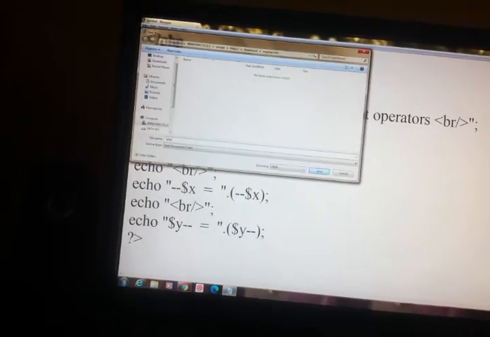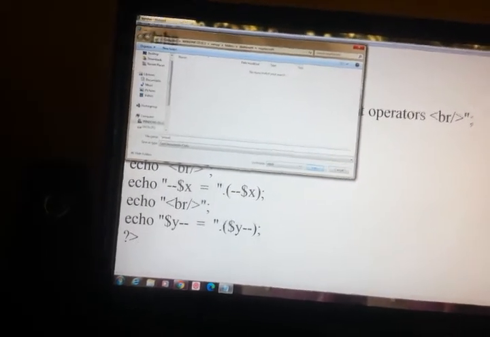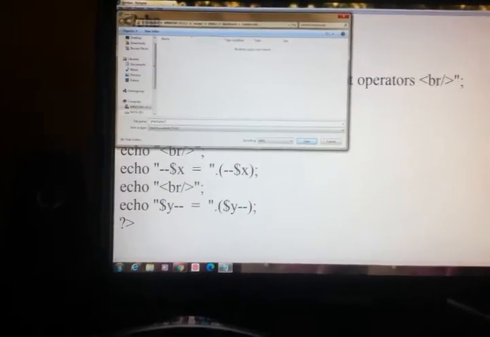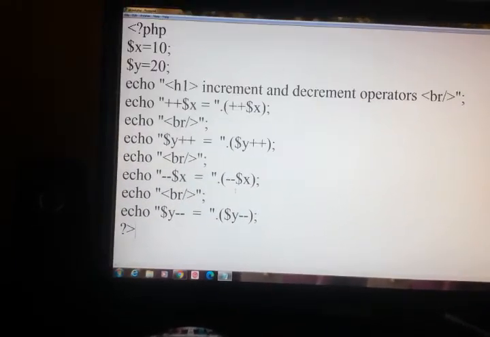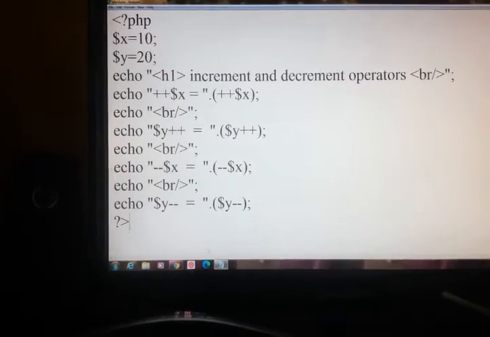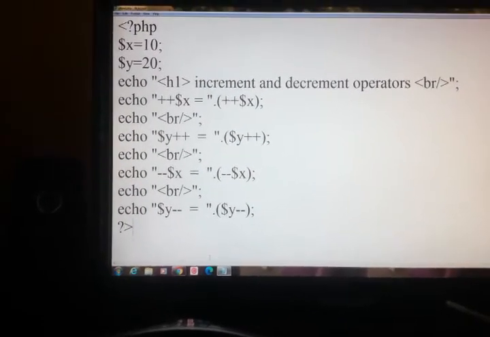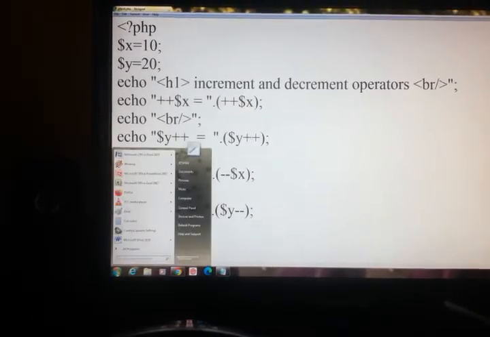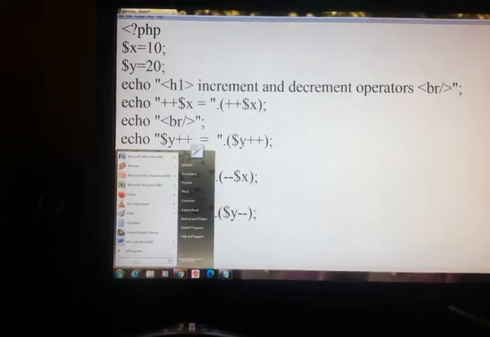PHP increment decrement id dot php, the .php is the extension we have to give. So I have saved. Now to run the PHP code, the first thing we have to do is start our XAMPP.